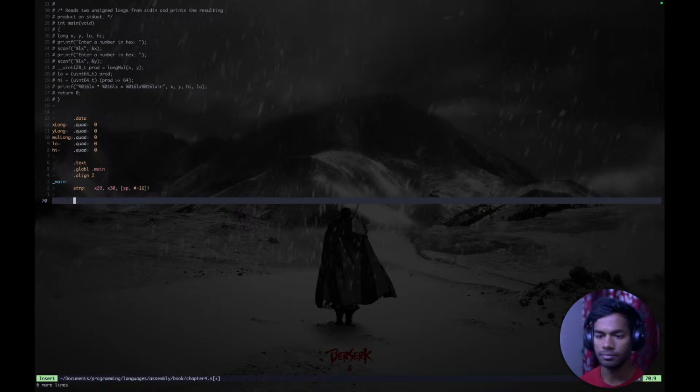And then, after that, I have to get the address of the x long, and I think by storing the address of x long, I can work with all the addresses. Let's say I want to